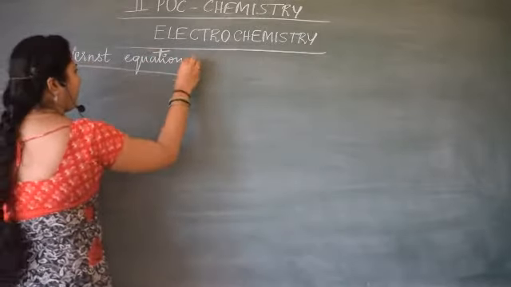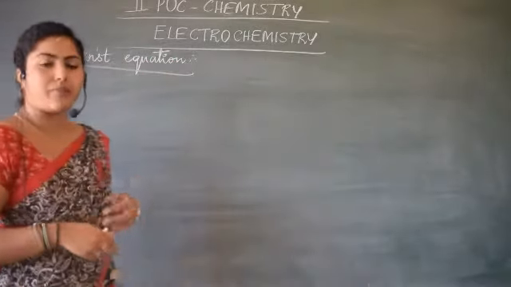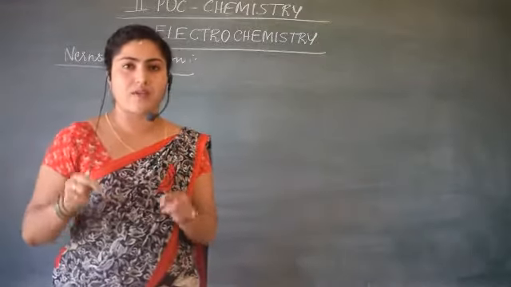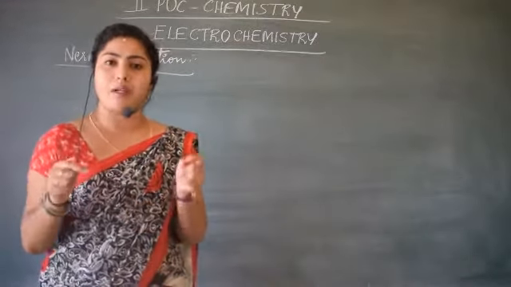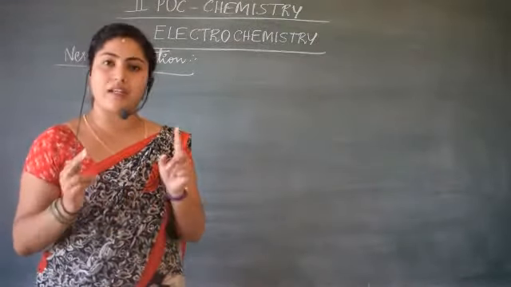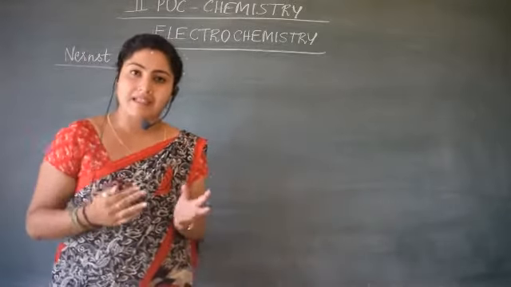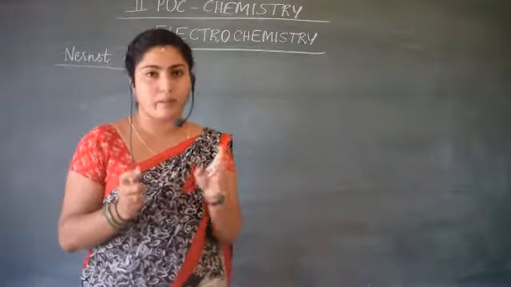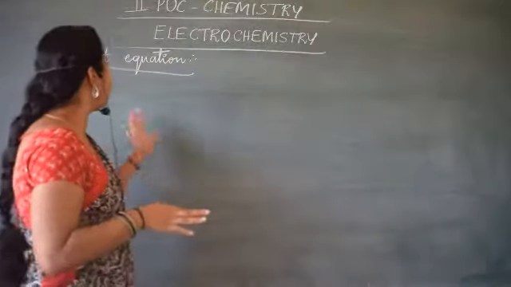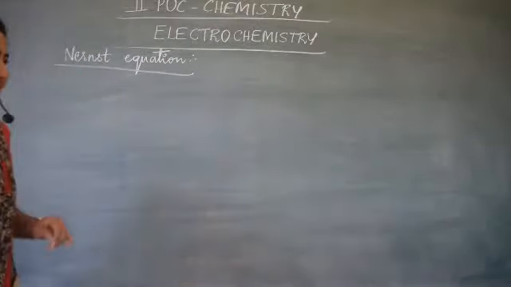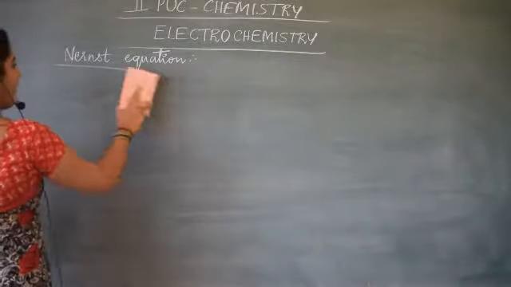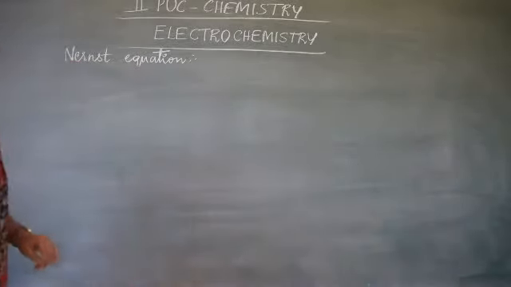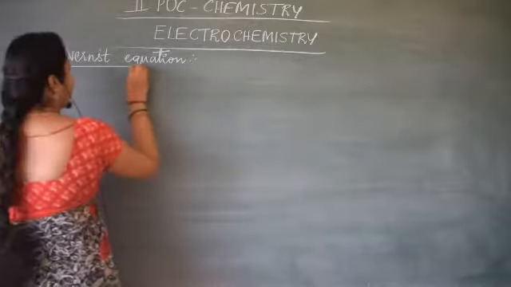in general form. When they ask you to write, you generally represent it as metal ions, the concentration of Mn plus. But when it is asked for Daniell cell, you know Daniell cell is that cell which is constructed using a zinc electrode and copper electrode. So hope it is clear. Now we will see how we can write the Nernst equation for Daniell cell. You have already studied. Yet a brief brush up on that.